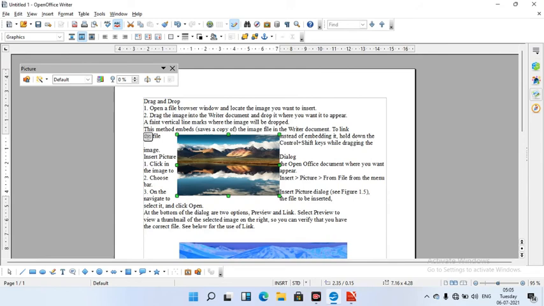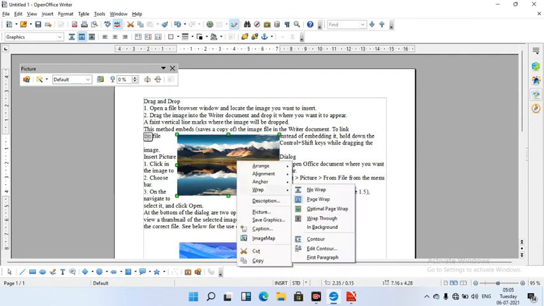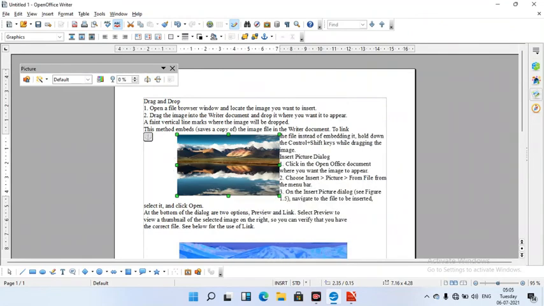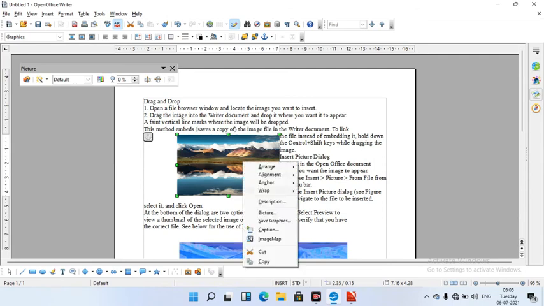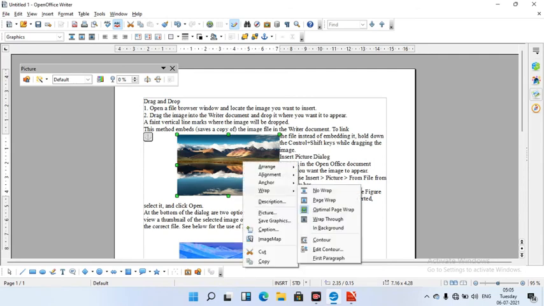Then the image is at the center and the text is wrapping all around this image. And optimal page wrap, and the text is at the right side and at the top and at the bottom. And then next wrap through.